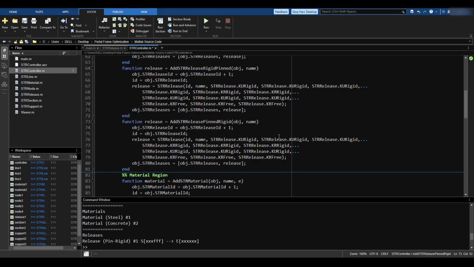Which means now I need to flip things. By flipping, I mean the start should have the rigid free, and the end should have the rigids everywhere. I can just copy the free and paste it for the three rotations for the start. And then for the three rotations of the end, because now it is rigid, I can basically use the kr rigid for the three last ones. So this should be the pinned rigid. Pinned because the three rotations in the beginning are free, and rigid because the three rotations at the end are